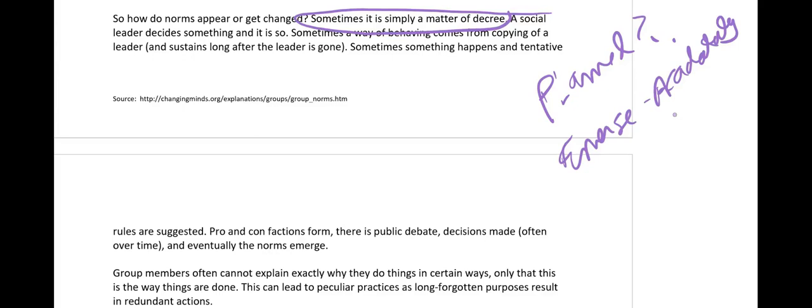A last comment about how norms are created has to do with the group having that conversation as we mentioned earlier. So if you look at norms that are occurring in an existing group, if you ask team members, how are these behaviors being supported? How are these norms existing? Sometimes people can't explain it. They might not even know. But if they really think about it, there is what we call a thin edge of a wedge moment, a moment where something started